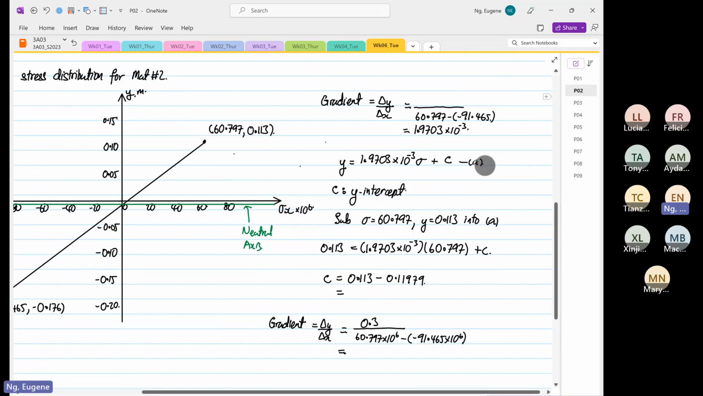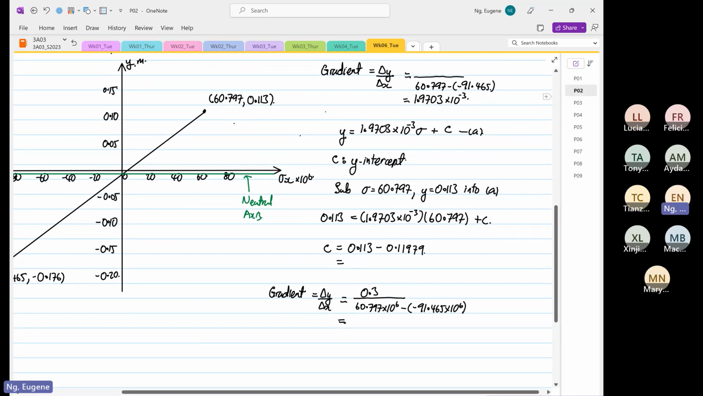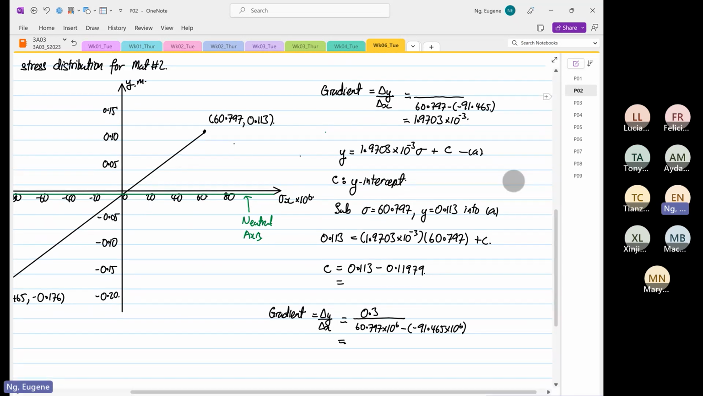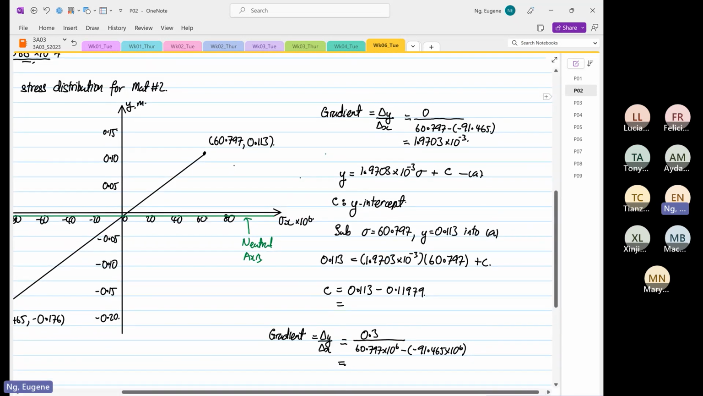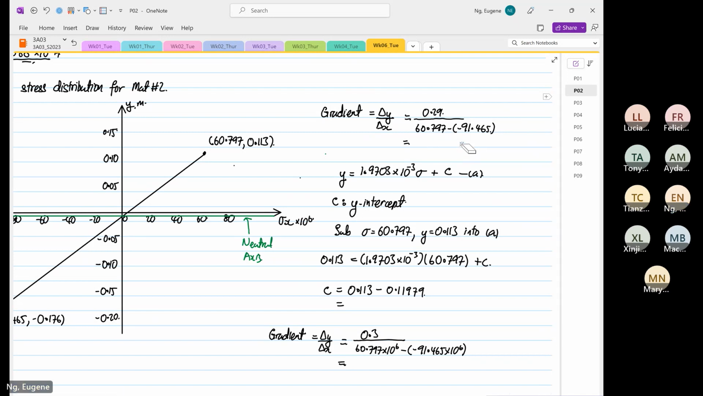My mistake. So if I take 0.113 plus 0.176, yeah, it's equal to 0.29. My silly mistake. I do apologize. It does not make sense not to be right. Okay. So this is 60.797 plus 91.465, 0.29 divided by, so it's